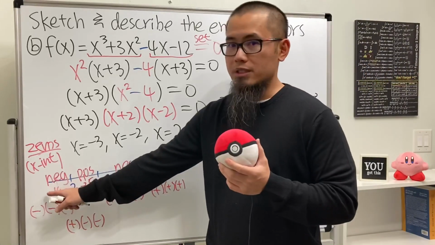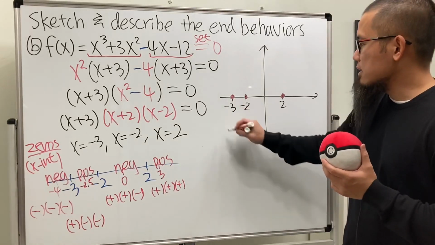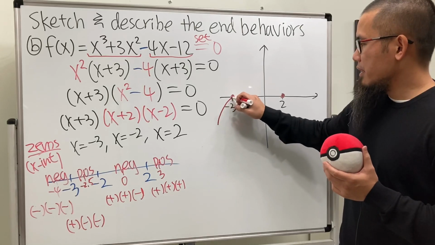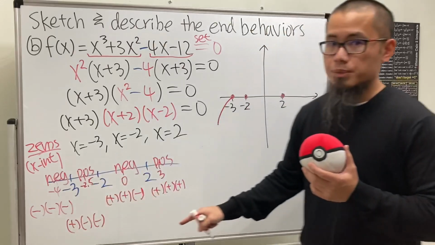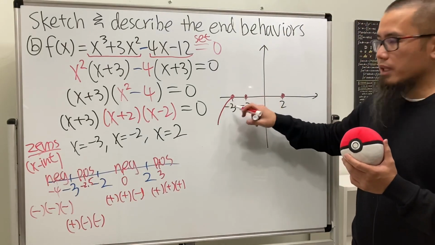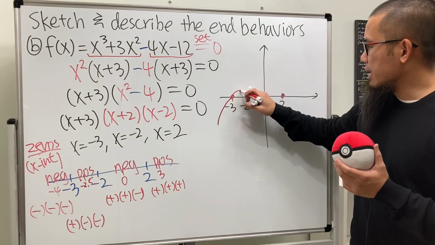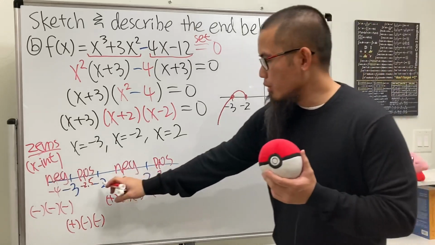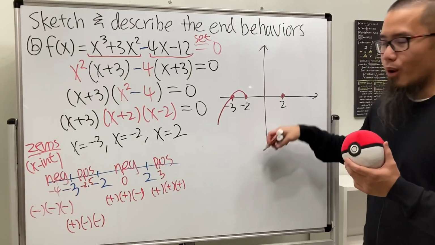First off, we start with negative, meaning that the curve will go below the x-axis. So start right here, somewhere right here, and then just go up, hit that x-intercept, and then from here to here, it has to be above, right? It has to be above the x-axis, so you actually have to go up like this, and then come back down to hit the x-intercept right here. And in between of negative 2 and 2 is negative, so it goes down below,